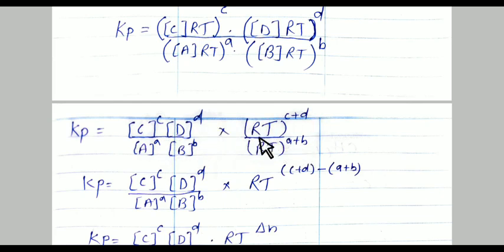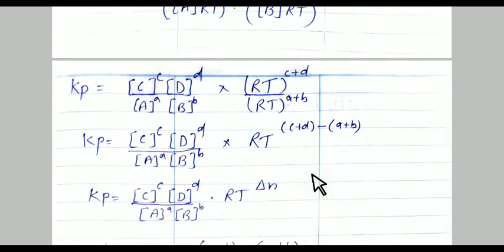So in the numerator, whenever you keep the RT common, there is C plus D, and in the denominator A plus B. Again there are two RT, so we can again take it common. RT is common, power... always remember here the power is in the divide position. So whenever you take the RT common, the power is changed into a minus position.